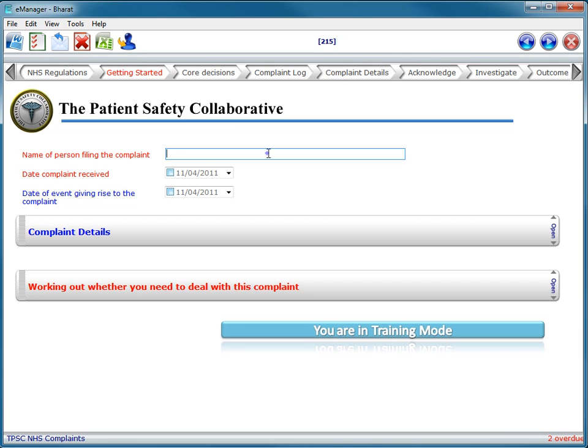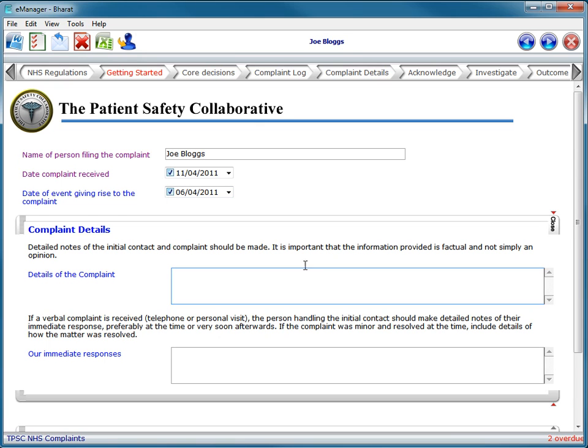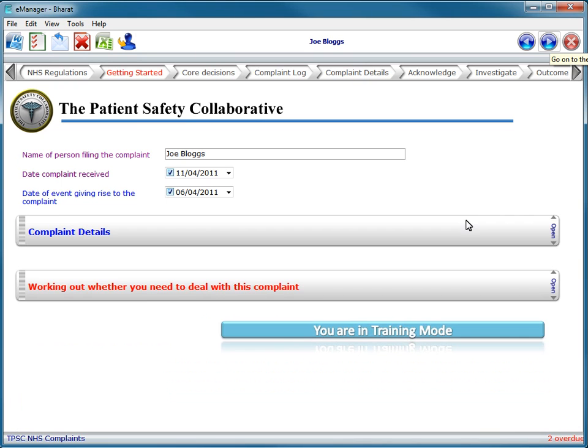complaint. So let us pretend this is a complaint from Mr. Joe Blogs. Complaint received today, but it actually relates to sometime last week. I can type out the complaint details, like receptionist was rude, quite a common complaint, and our immediate response was, and it should usually be, staff apologized and explained, or whatever it was. If you made a spelling mistake, fear not, because we have a spell checker built in, and that completes that